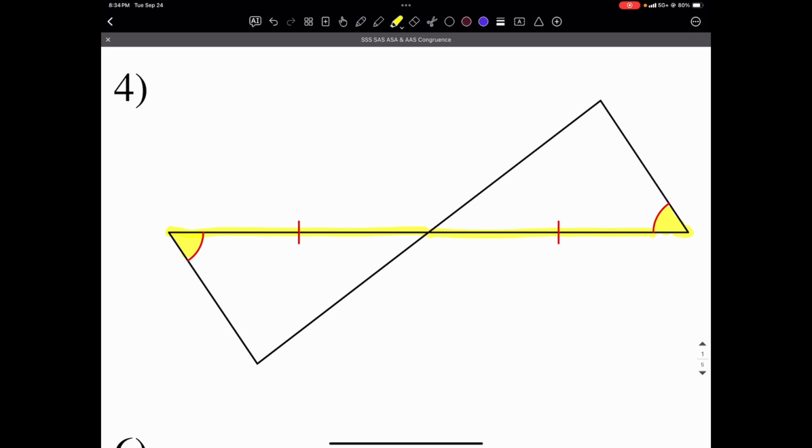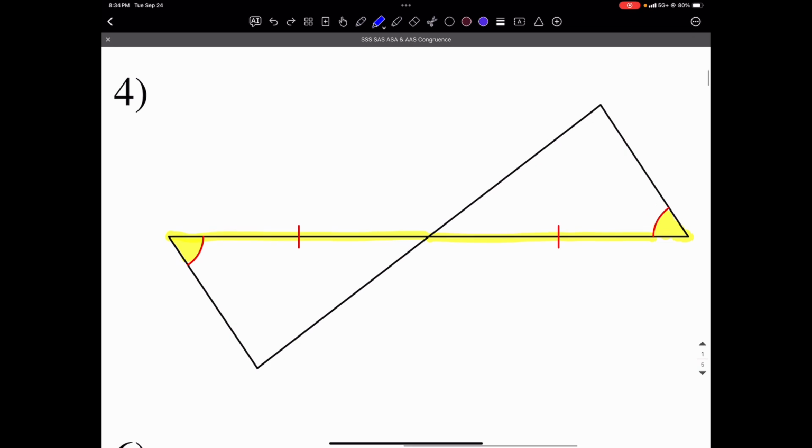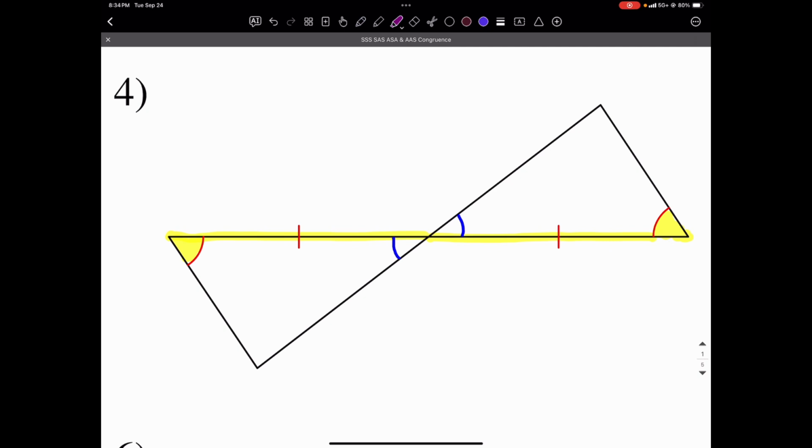There is, in fact. And it goes back to one of the first things we taught you in class, which is, oops, that's way too thick. Let's go back. I need to fix that. And that is that these angles are going to be congruent. Well, you might ask, why are those angles congruent, Mr. Ford? Because these angles,